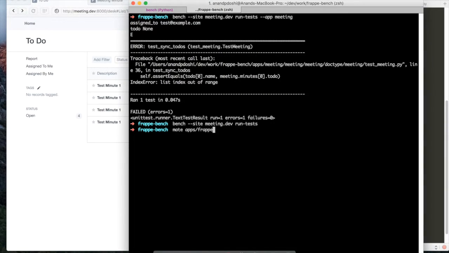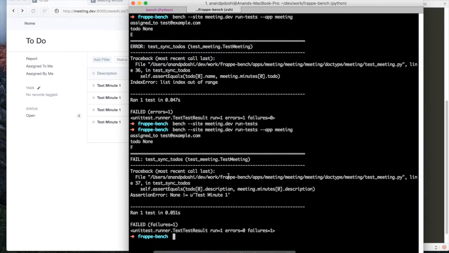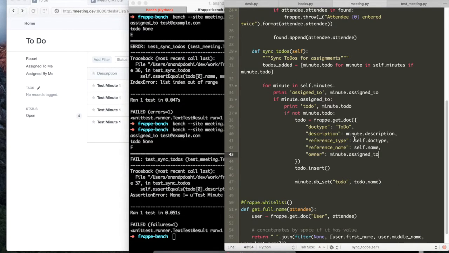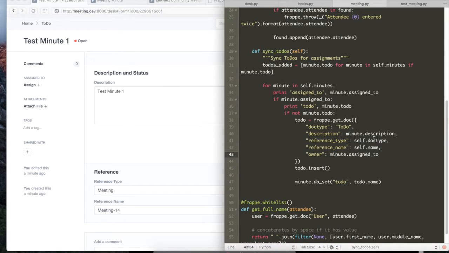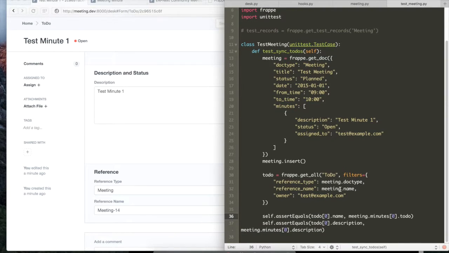Okay, we did not set the owner property, right? So that was probably the error. So now we did make some progress. Here the problem is that the name is test minute one. Okay, so now the to do has been created, but